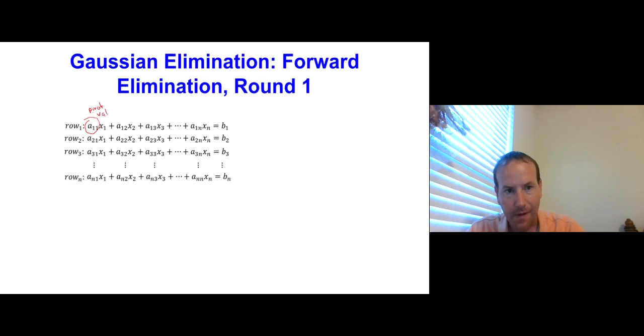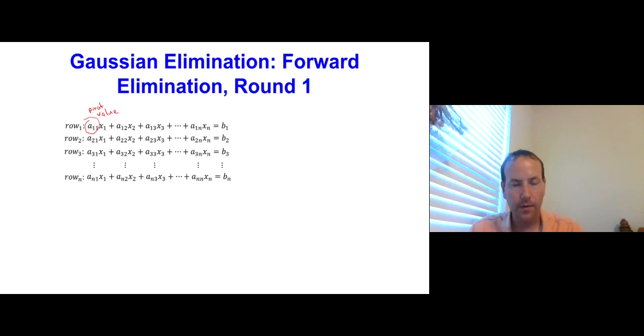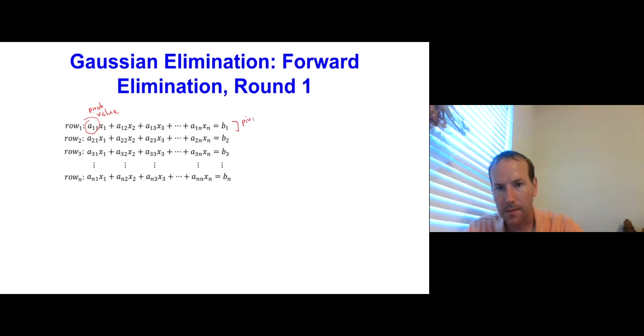Okay, to do that, in round one we're going to identify the pivot value. The pivot value is the value that we do not want to get to 0. We're kind of rotating things around it. Okay, so on round one elimination, the pivot value is A11. Okay, and this first row is going to be called our pivot row. And so we're going to be using values from it in order to calculate how to manipulate the subsequent rows. So the basic idea here is that